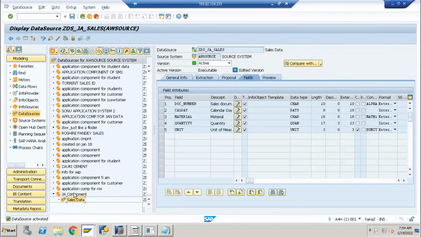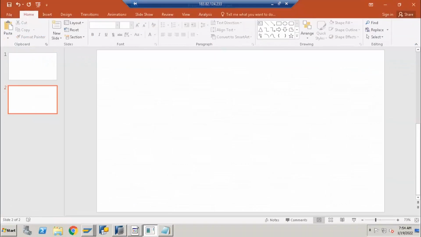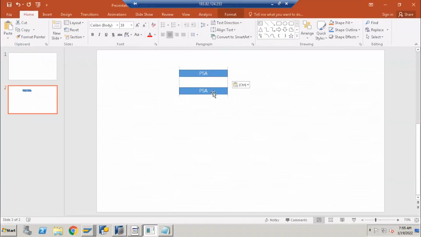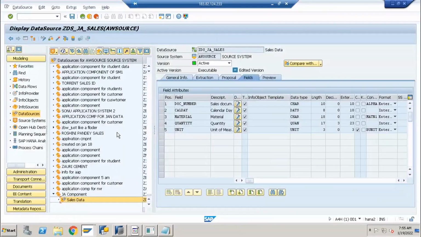Now I am not going to create an info package here. In traditional BW, we always create an info package to load data into PSA, and from there data goes to the further layers. So PSA is the starting point for data loading into the BW system. First it comes to PSA and then we load it to the DSO, cube and so on. But with the latest BW 7.5 and BW/4HANA, we can completely remove this PSA layer. No need to load data into PSA. We can directly load data into the DSO using the ODP concept. We will see that concept in a few minutes.